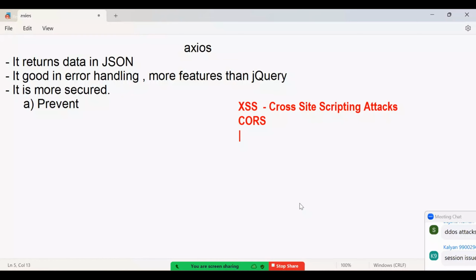CORS is used for restricting the requests. That means you can design APIs and you can restrict the request. Request means whether he can access or not, whether he can post or not, whether he can update or not. We can control that. If the situation is matching, we can allow him to post. If the situation is not matching, we can prevent. Not only that,